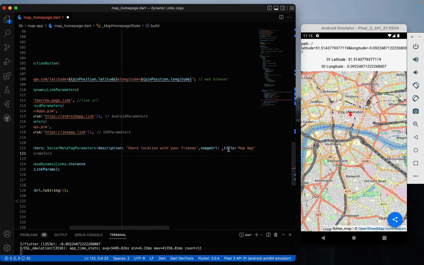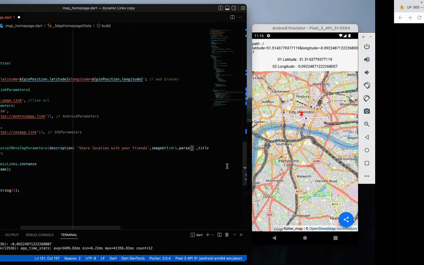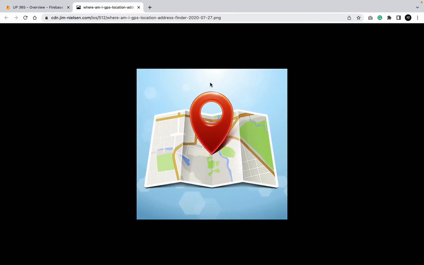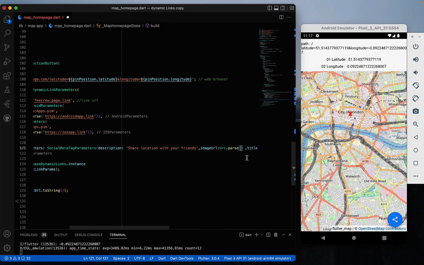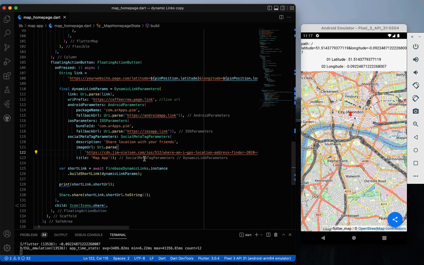Okay, now here in the image URL, type uri.parse. Okay, now we need to give an image URL. So this is the image I found. You can find yours and copy this URL, paste it over here like this, and save it. Okay, after giving these details, reload your app